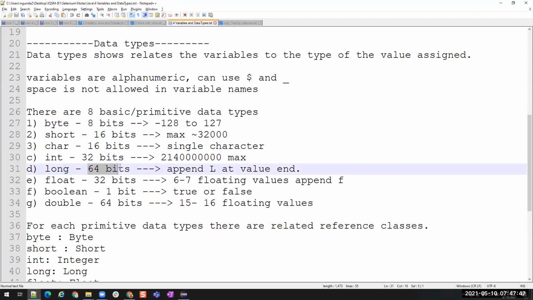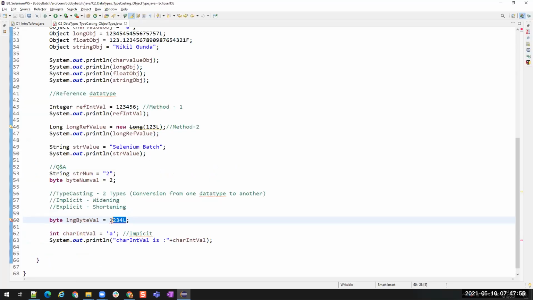Long needs 64 bits of memory, whereas byte has only 8 bits of memory. That is the reason we cannot convert a higher type of data into a lower type of data automatically, whereas a lower type of data can be converted into a higher type of data automatically. This type of conversion is called implicit type conversion. Is that clear?